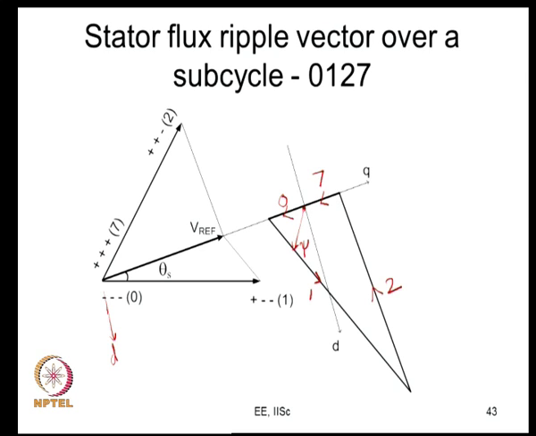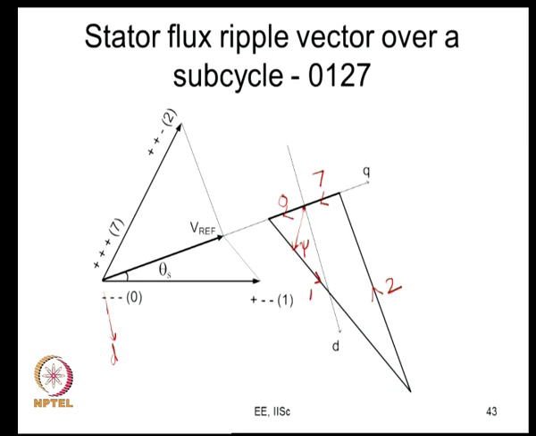So, the only difference that we are going to look at here is, see what causes this ripple, there is something on the q axis, there is something along the d axis. So, you can actually resolve this error along the q axis, error along the d axis, and you can compute the RMS along the d axis, RMS along the q axis, and then you get the overall RMS. This is what we did when we analyzed the current ripple. Now, we want the torque ripple. What is this torque ripple?